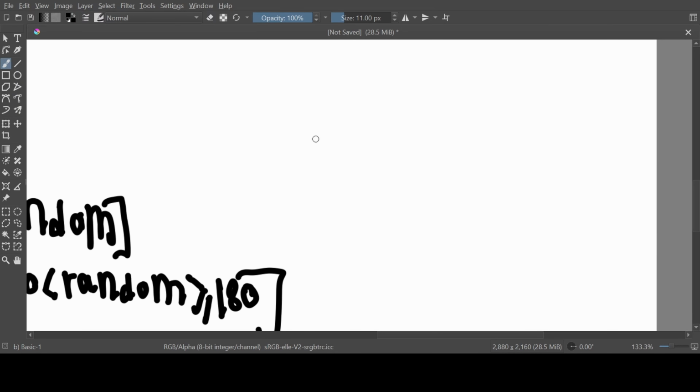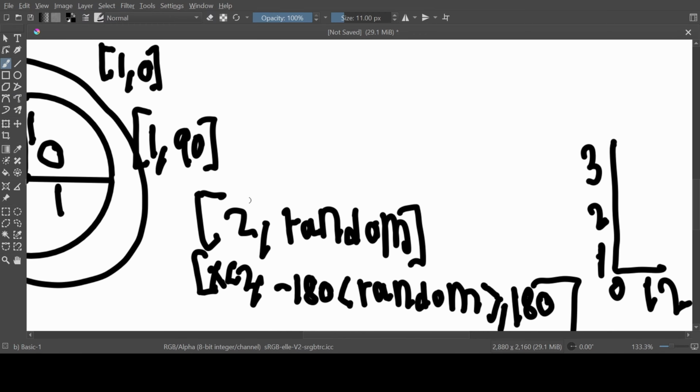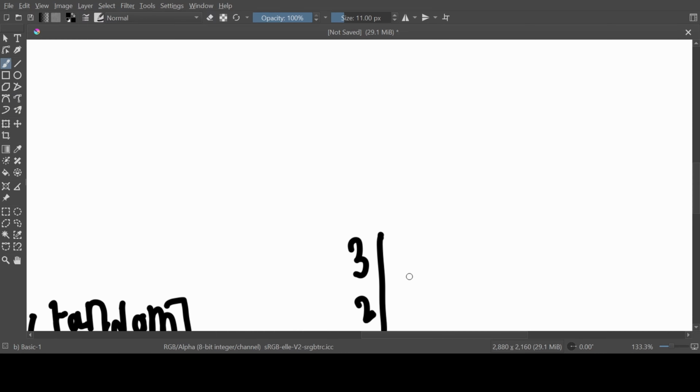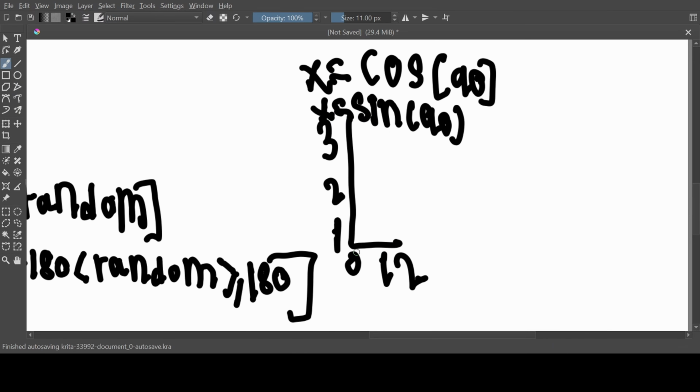The way we go from polar to Cartesian is we have, for example, this coordinate system. Let's take over here and put this vector that we have here over to Cartesian. So we just say cos to the angle of 90, that's equal to x, and y is equal to sin to the angle of 90, which is equal to 0, 1. So that's over here.